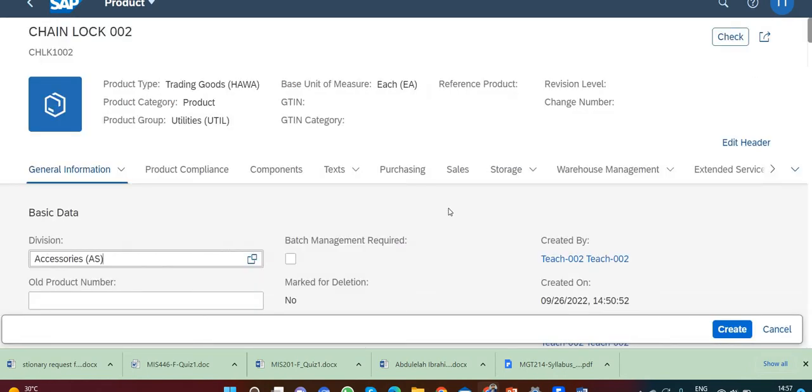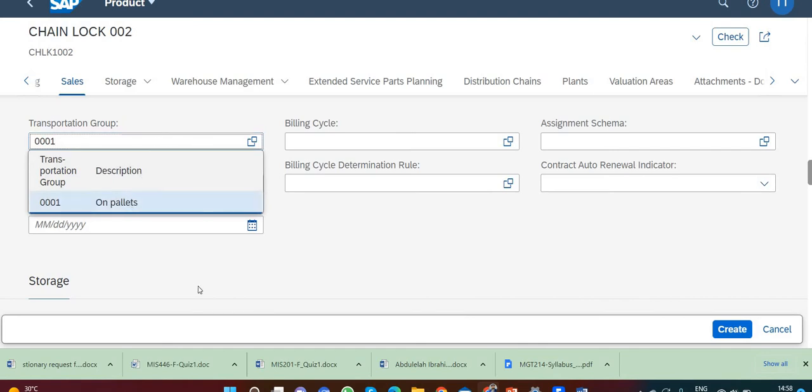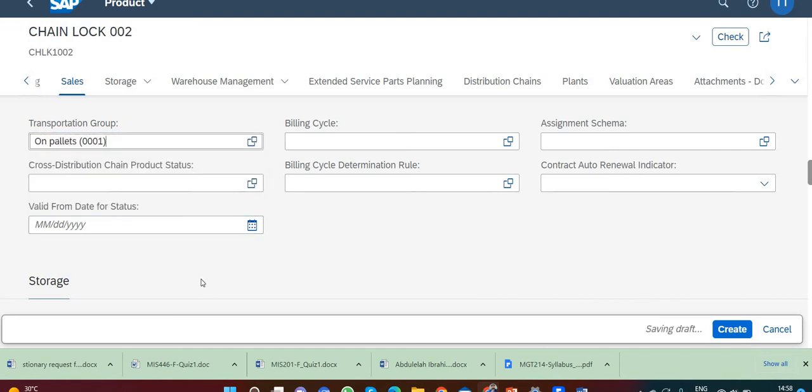After clicking on apply, now go to the sales area and enter 0001 on pallets. Transportation group here 0001. Then